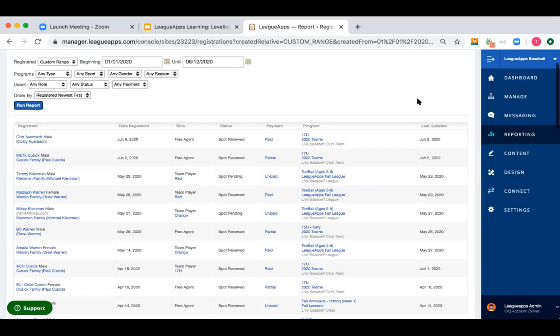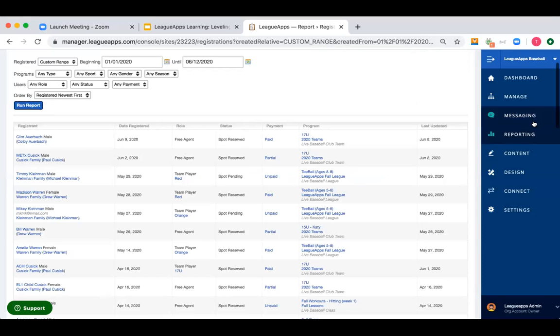Awesome. Thank you. Another one. What would be the best report for a LeagueApps administrator to see how much they've paid in LeagueApps fees for a given program? So, if they're reconciling their profit and loss statement for a program and they want to account for their technology fees, what would be the best report for them to use?